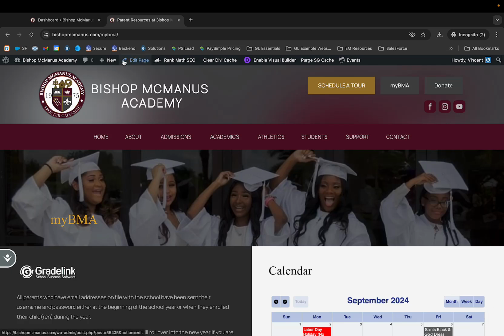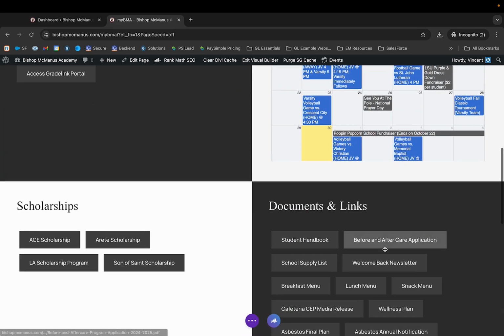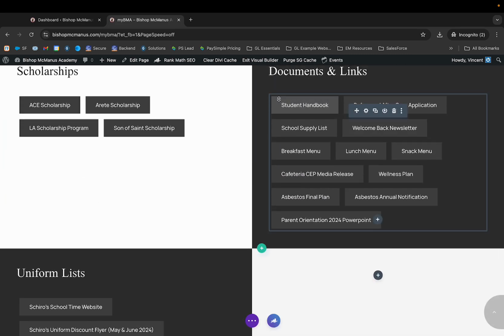So the first step after logging in is to navigate to the My BMA page. And once you're there and you're logged in, on the toolbar on top you should see Enable Visual Builder. So go ahead and click on this purple button, Enable Visual Builder. Once that loads up, we'll see that under the Documents and Links, this entire set of buttons is contained in